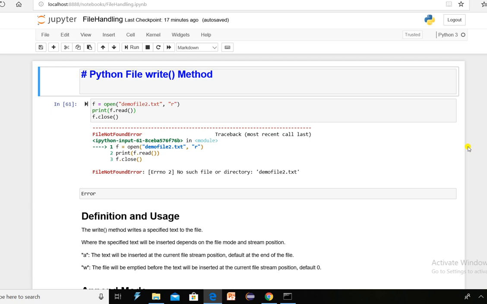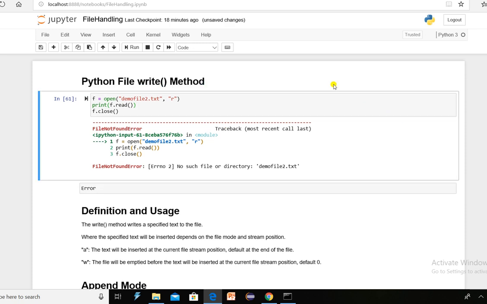Again, the name itself indicates the difference between these two. Write indicates that only one string can be written in a file at a time by using the write method, and by using the writelines method, you can write multiple strings in a file at a time. This is the major difference between write and writelines methods, similar to the read and readlines methods, which you have already studied in a prior video.